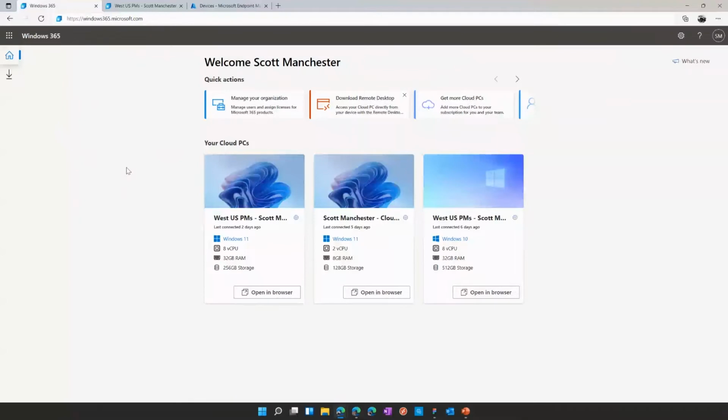So one of the things we announced is this new Windows 365 optimized web client, and I'm so excited that customers now have access to this. So if you go to windows365.microsoft.com, you should see this new What's New link right up in the top corner. By clicking that link, you can turn on the new Windows 365 web experience and toggle this on and off to meet your needs. I've got it on, and I've actually already started a session here,